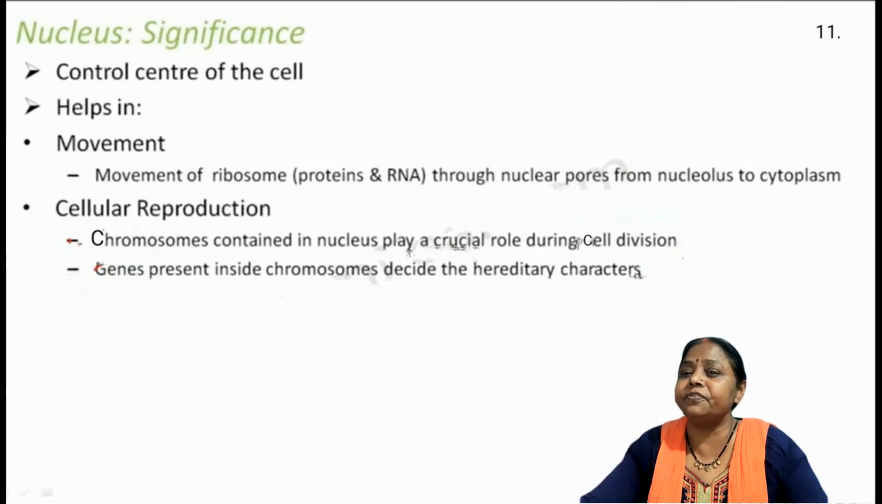Cellular reproduction, इसका बहुत बड़ा रोल है at the time of cell division। Chromosome contained in the nucleus plays a very crucial role during cell division। Genes present inside chromosome decide the hereditary character। Chromosomes में छोटे-छोटे यूनिट्स होते हैं which are called genes, और ये genes ही inherent character को carry on करते हैं। So this much about the nucleus, children।